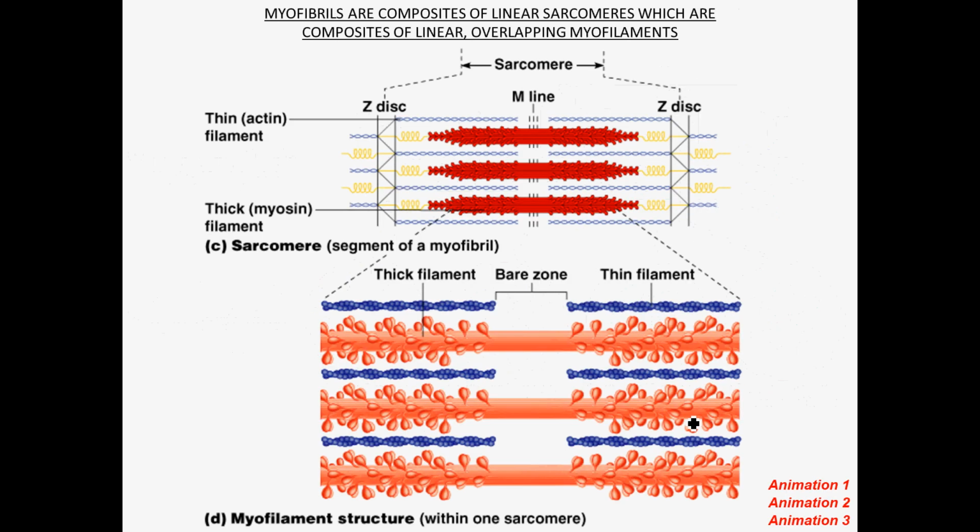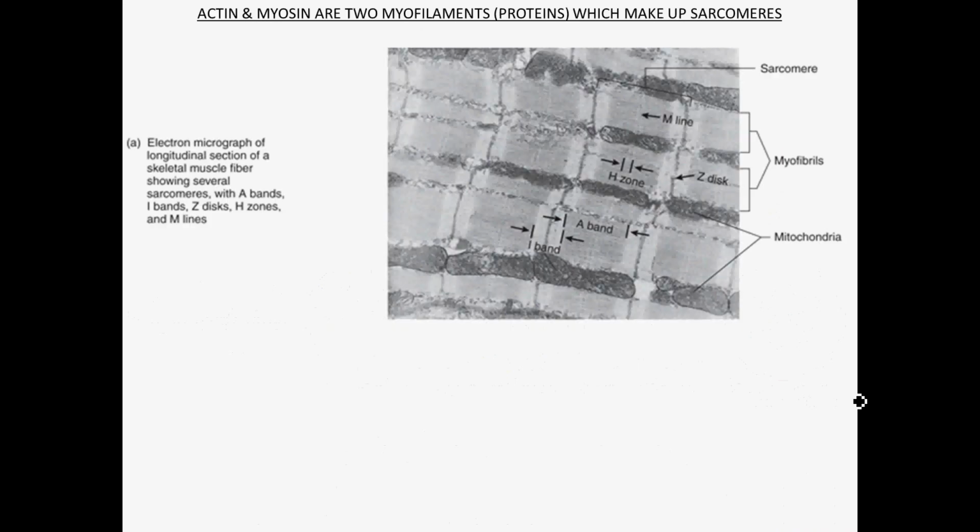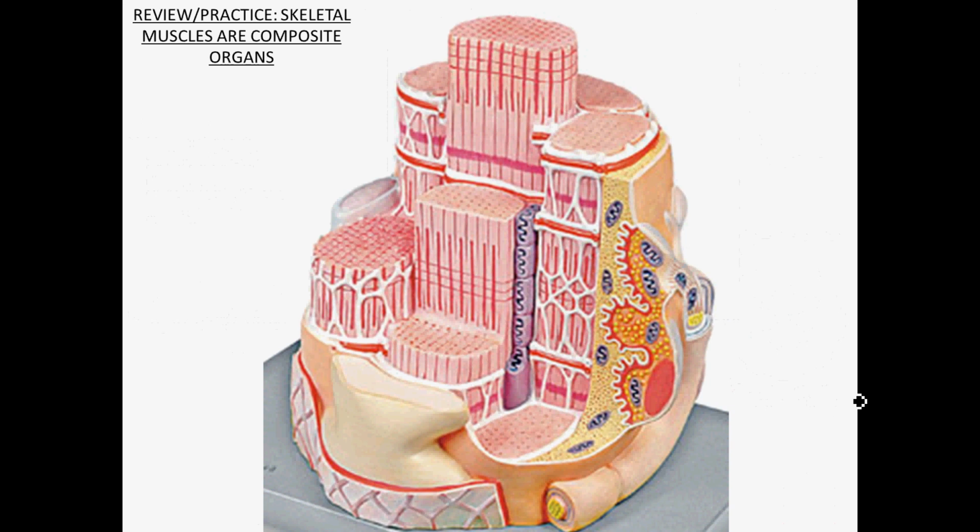Just another image from another text. Maybe click on run these animations. Those are going to help you take a look at it. Micrograph. We have this model in class to take a look at. This would be a model of the muscle cell. Right. So this is one muscle fiber. And again, we have a couple of these models in class